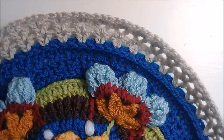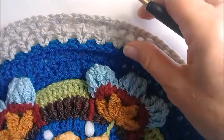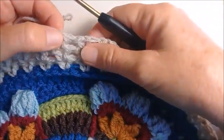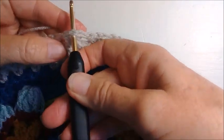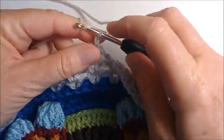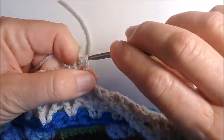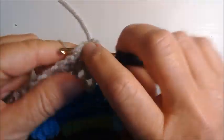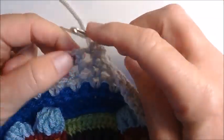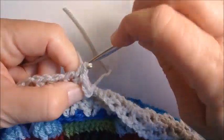Okay, and your work, if you just leave it like that, will gently sort of roll up, but that's not a problem. Okay, so now we are going to continue with the same color, which is our parchment, and this time we're going to be working half double crochets and half double crochet front posts. Okay, so we can begin in a chain space, so any of our chain spaces, chain one space between two double crochets. Just going to chain two, then we're going to work double crochet front post over our next double crochet. Then we're going to work a half double crochet in between, then a front post, half double crochet front post, half double crochet into the chain one,